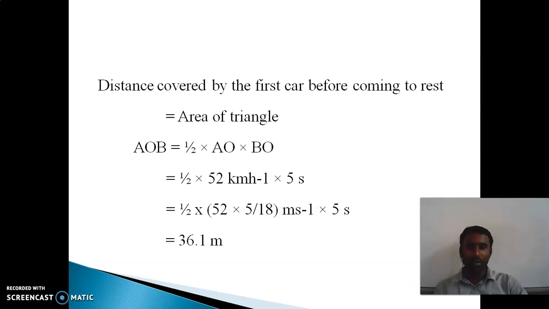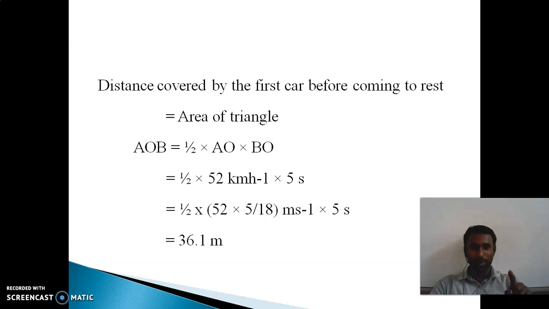Sir, how do we find the distance traveled? Just look at the graph. There are two lines they gave, right? We need to find the area under the two lines. What kind of shape is it under the line? It is a rectangle, right? No, it is not a rectangle, because it has only three sides, so it is a triangle.